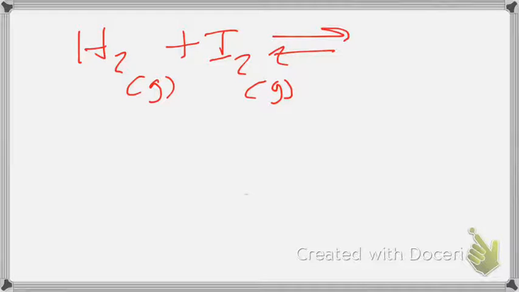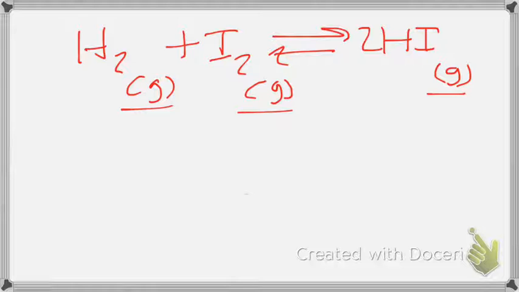So I use the double arrows of HI, which is also a gas, and we balance the equation. It should be 2 HIs, and the rest have coefficients of 1 each. Okay. Now notice all of these states are gas, so that we can write an equilibrium expression for